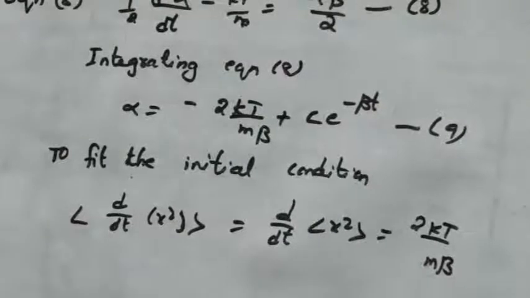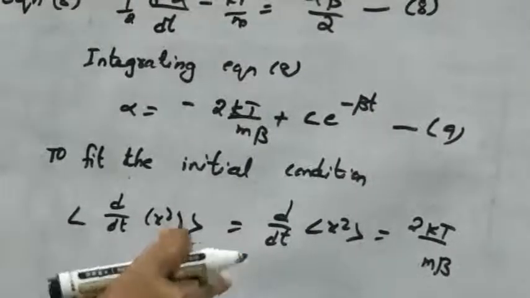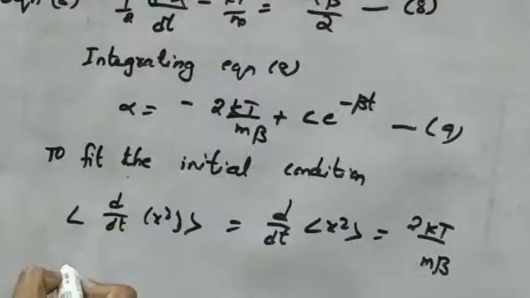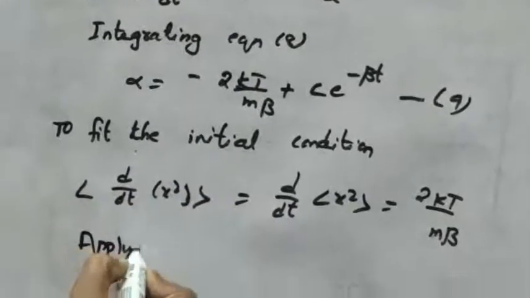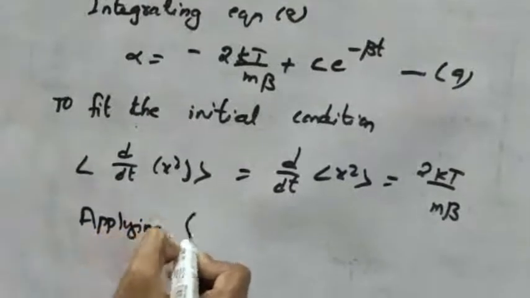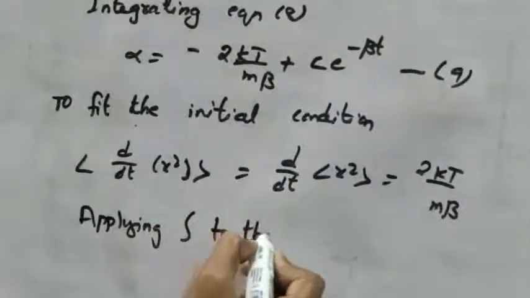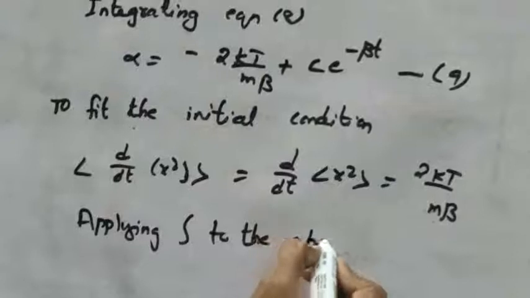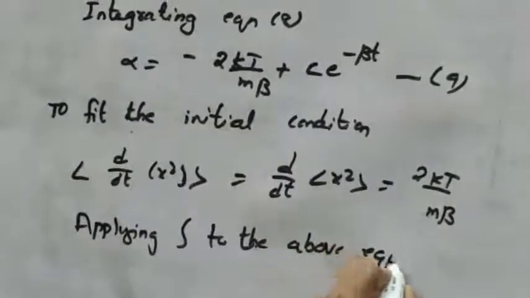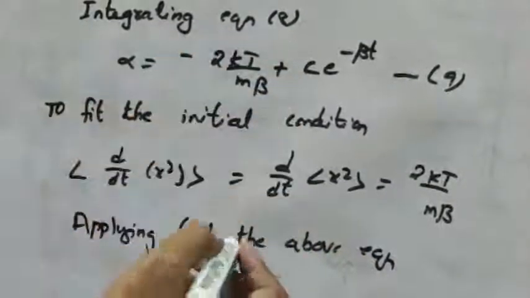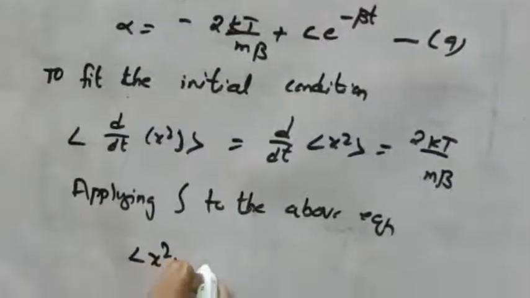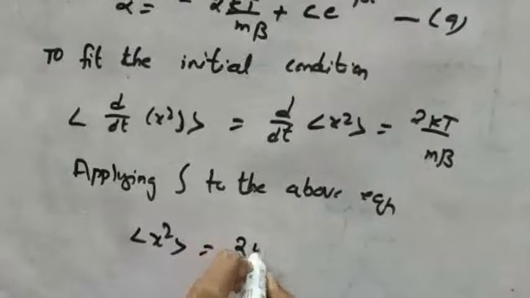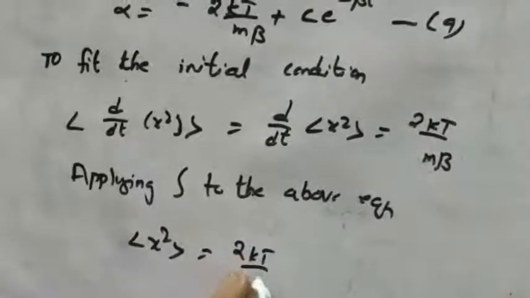Now again we are going to integrate this equation. Applying integration to the above equation, integration and differentiation get cancelled and the remaining term is observable x square is equal to 2kt by m